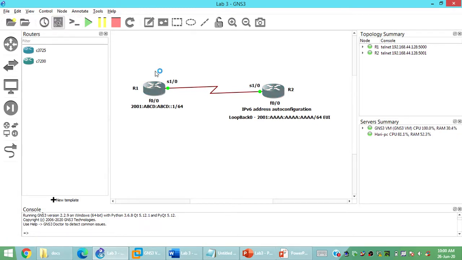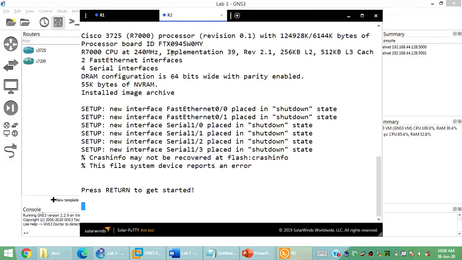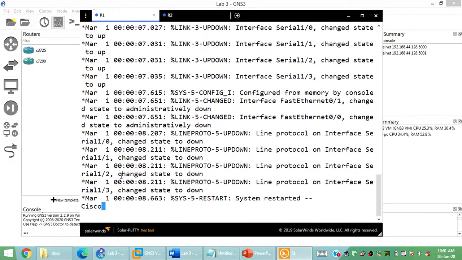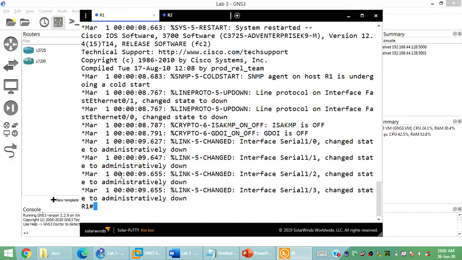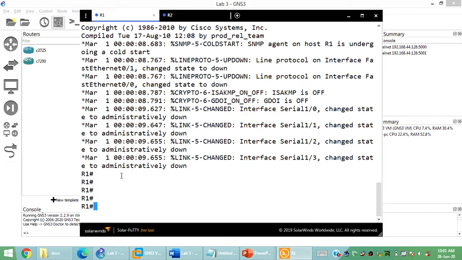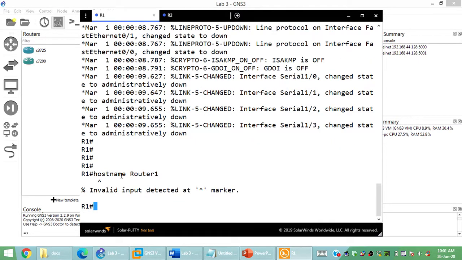Okay, so I'm just going to start my console on the screen with PuTTY. It's getting opened up. Just wait for a few seconds to load it. Okay, it's getting done. You can see it on the screen. Done. So the first task that I would recommend over here, as in the PPT, was to configure the host name. So let's try with hostname router 1.